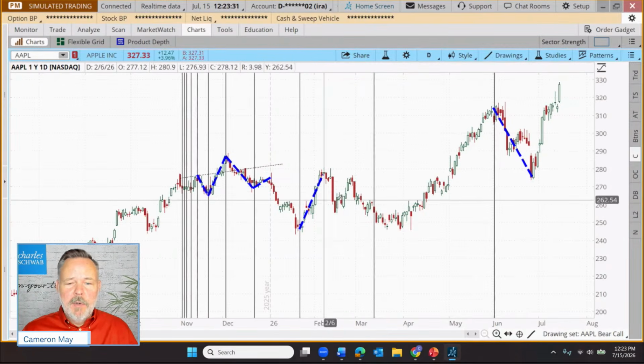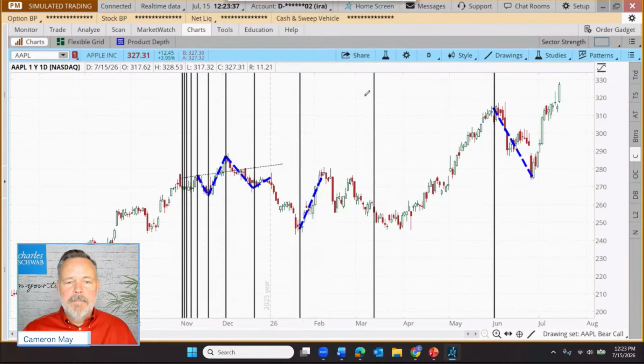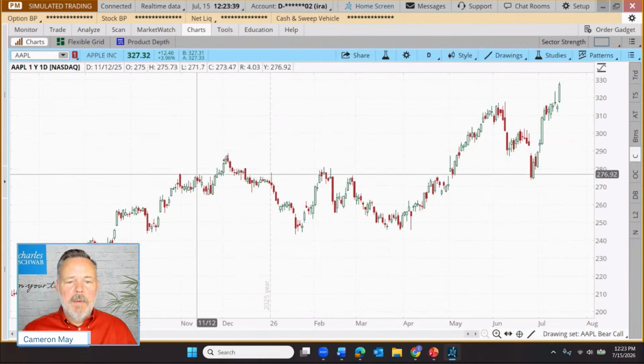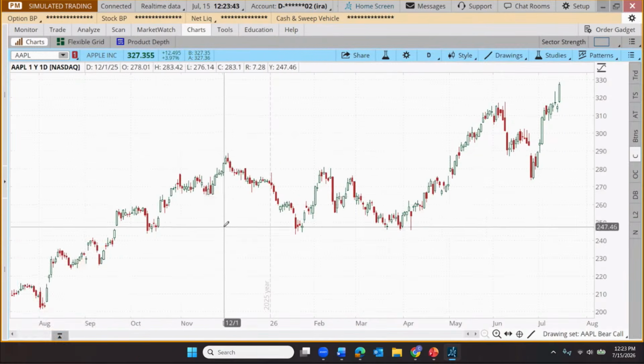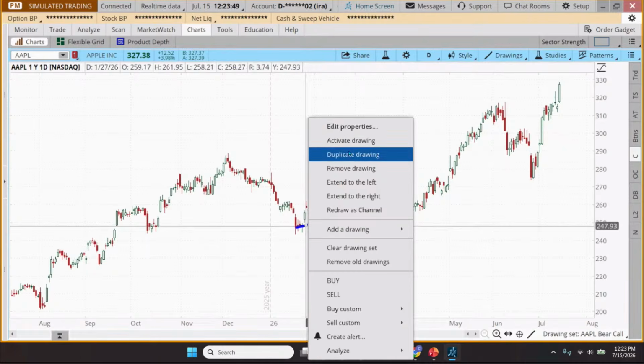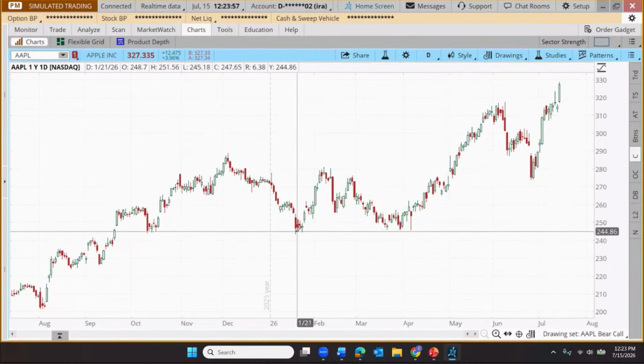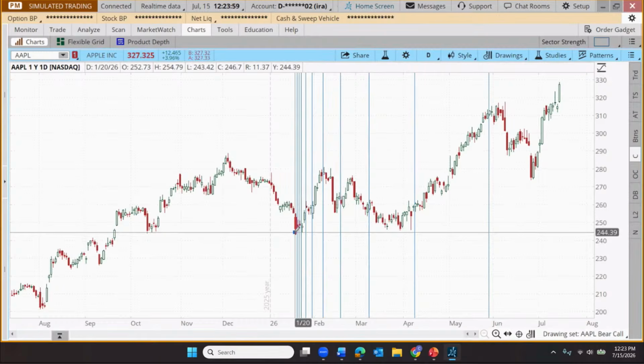I think that one's fairly intuitive. Again, to draw it, let me get one more repetition. Let me clear this whole drawing set. We just pick a reversal point. It might be this high, it might be that high, it might be this low, it might be that low. Just pick a reversal point and click. Oh, I already switched off to a different drawing tool. Let me just remove that one. Let's change it to our time series. Find a reversal point and click on it.